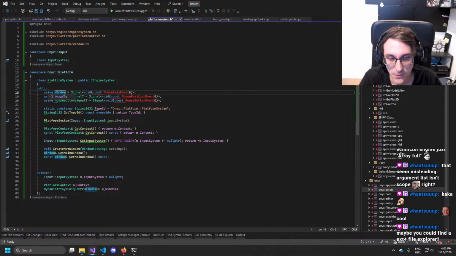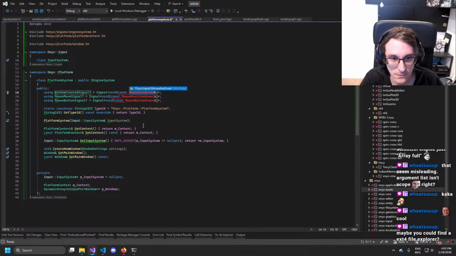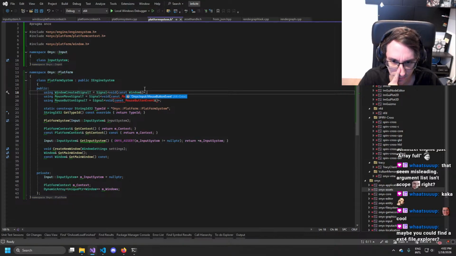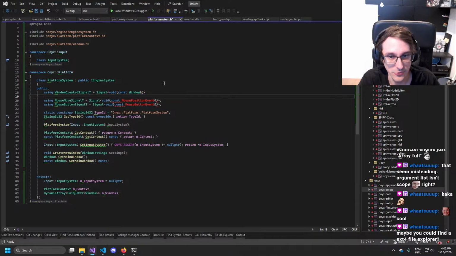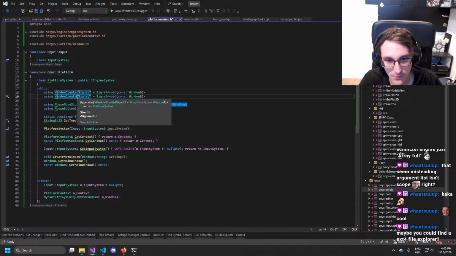Window. New window signal? Window created maybe, yeah. And I think we give it a const ref. So maybe it should be a ref. I'm not sure yet. And then window.